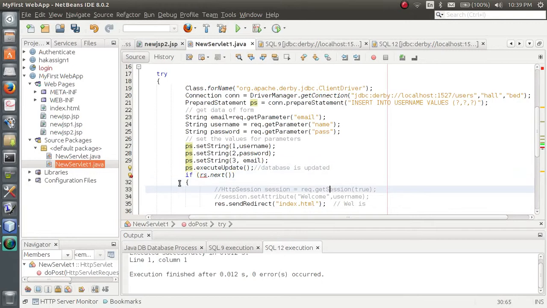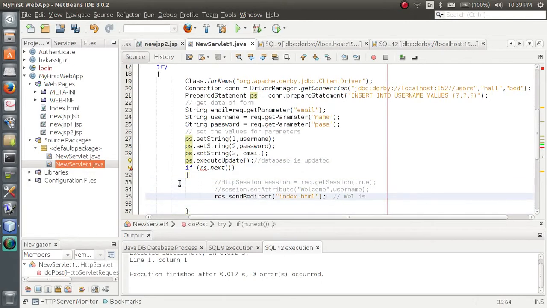Now if it is updated I will redirect my page to my login page. So instead of index.html I will redirect it to new JSP.jsp.